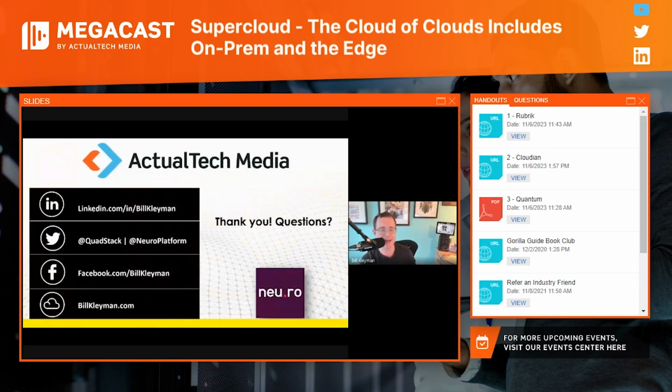And the supercloud, again, makes it fundamentally easier to move into a more homogeneous connected ecosystem for your most critical